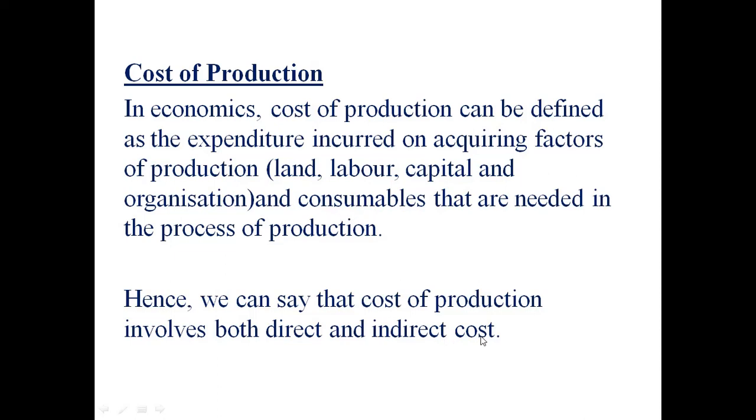Okay, now let me give you an example of Maggi production. We all know that Maggi is produced in a factory, right? So in this process of production there are two costs involved. One is direct cost and the other one is the indirect cost. Okay, now the direct cost is for the land, for labor, capital, I mean yeah, the organization also. Okay, so whatever the rent you are paying, whatever the wages you are paying, okay, the interest or return on capital, and the profit, that is your direct cost.